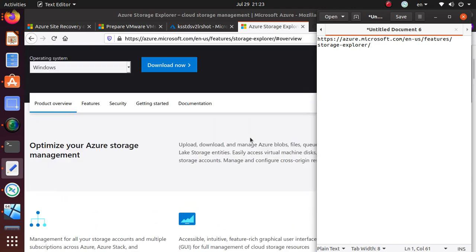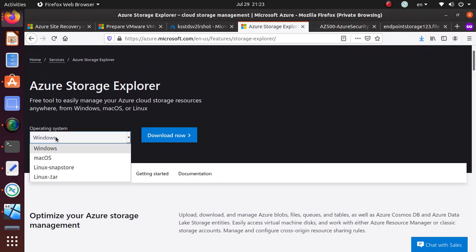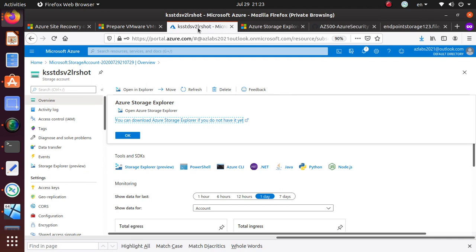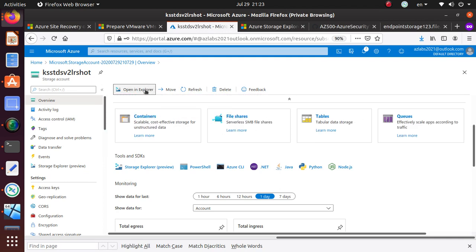If you look at it, you can download it for Windows, Mac, Linux, all three major operating systems. It's supported, and it's extremely cool. So I highly recommend that you download it and install it. Okay, move to another resource group,